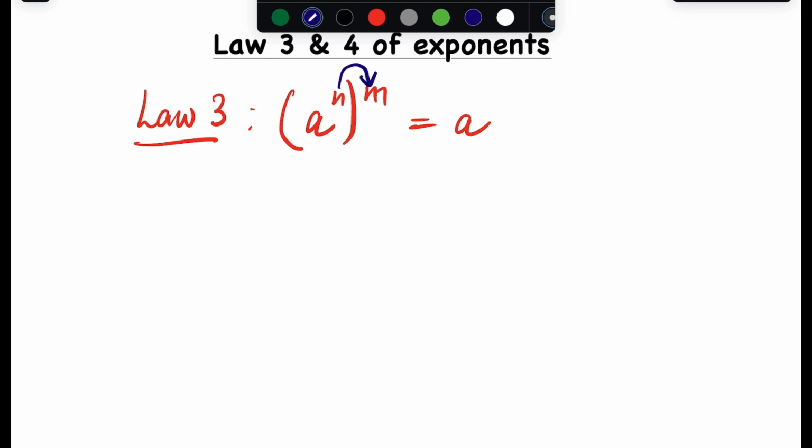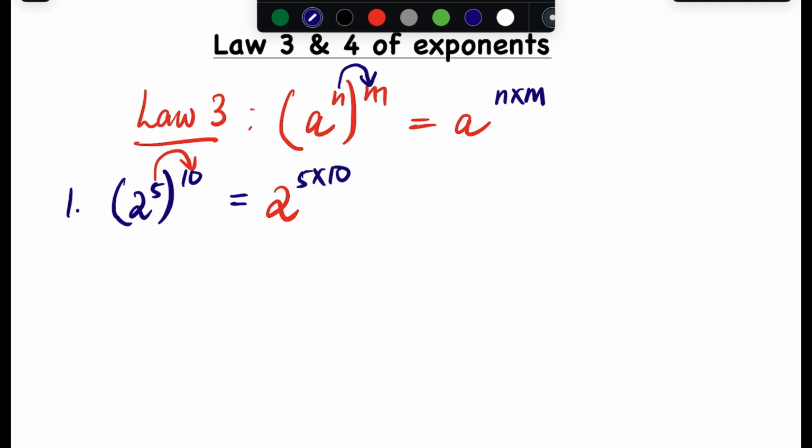Let me put it like this. It's going to be n times m. So that's law 3. Let's take an example and use a number. So we have 2 to the power 5, and we have 10 outside there. So what's going to happen? That 5 multiplies with the 10. You just put the base 2 and then you say 5 times 10, which is going to be 2 to the power